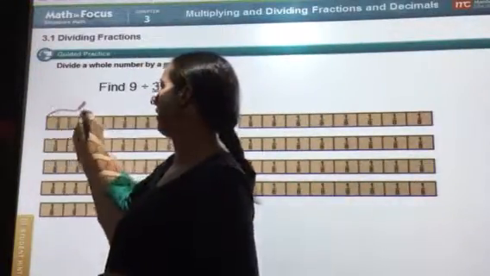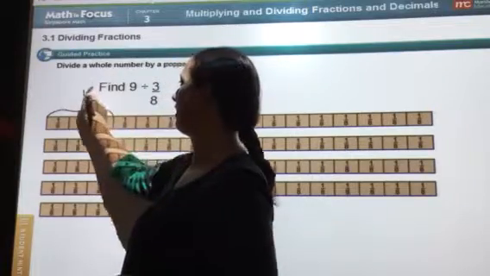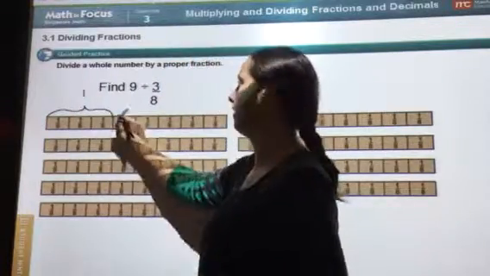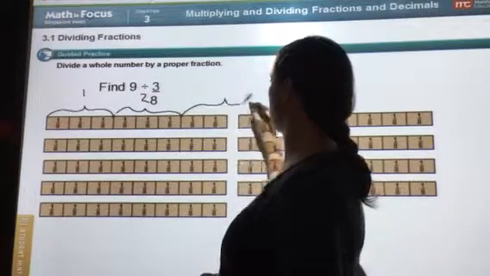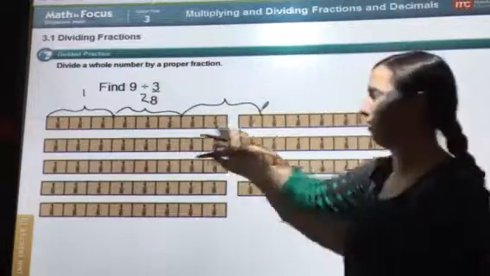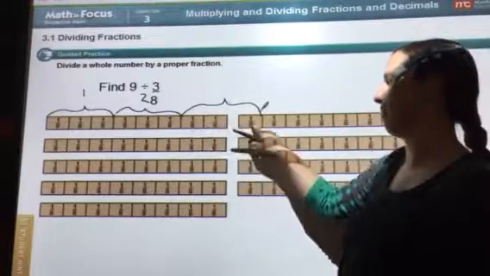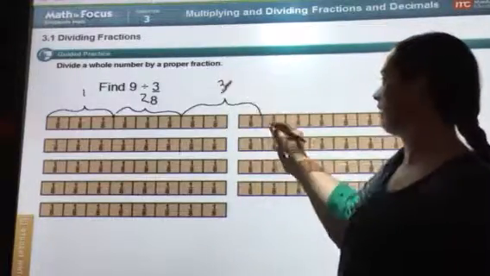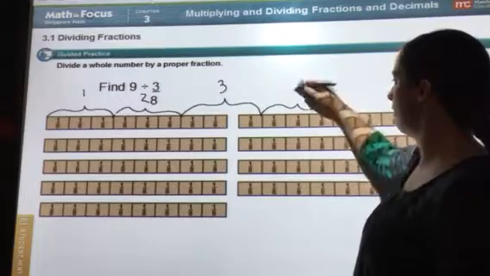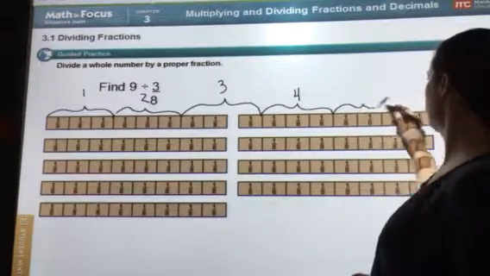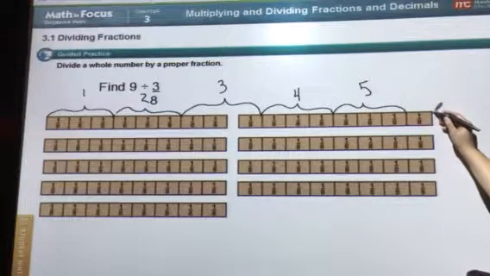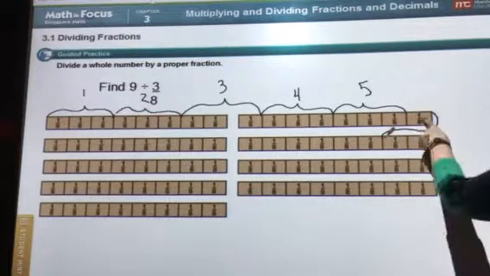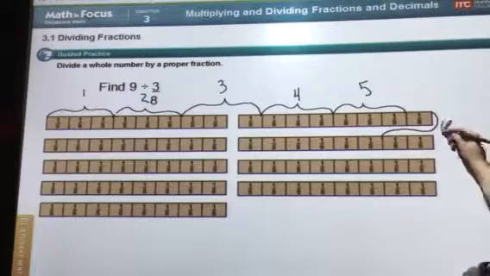And so the way I'm going to show it this time is I'm going to group them like this, and that's one group, so that's one recipe. This is 2. I'm not going to throw those 2 pieces away. I'm just going to come over here, and just because it's easier, I'm going to group it with this 1/8 over here. So 3 recipes or batches, 4, 5. Now I'm going to come around and I'm going to share these. So these 3 are going to go together. That's going to make 6,